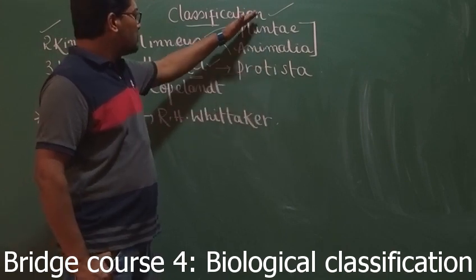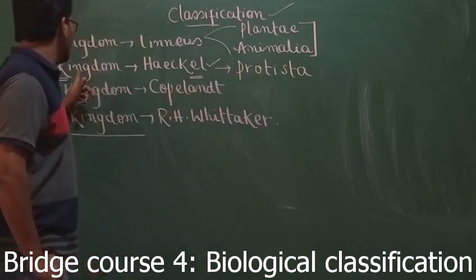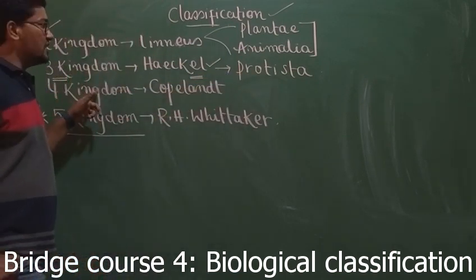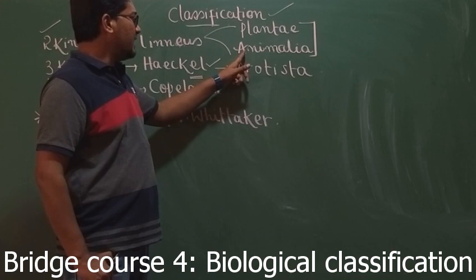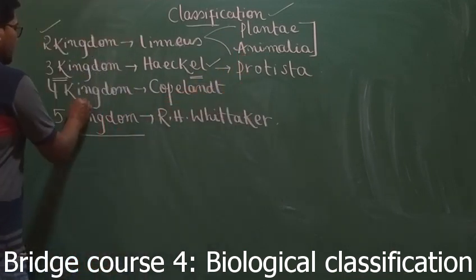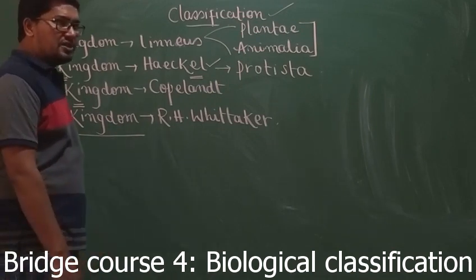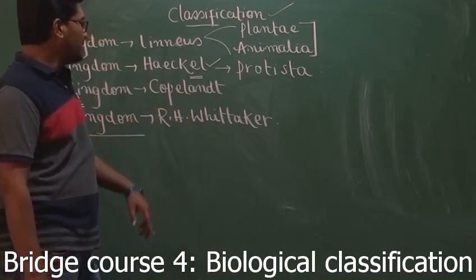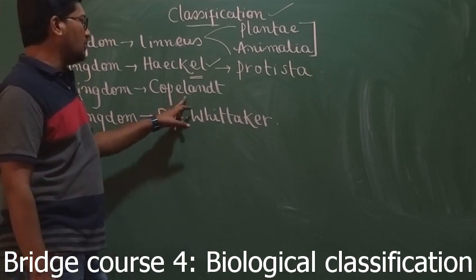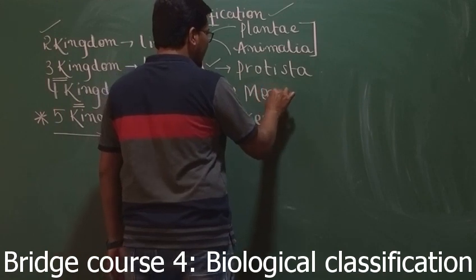So all the unicellular eukaryotes are included in a kingdom called Protista. So now total life which is existing on the planet is classified into how many kingdoms now? 3 kingdoms. Which are the 3 kingdoms? Plantae, Animalia and Protista. So next, one more kingdom was added. Because of that, 4 kingdom classification came into existence, and 4 kingdom classification was given by Copeland, and Copeland added one more kingdom, that is